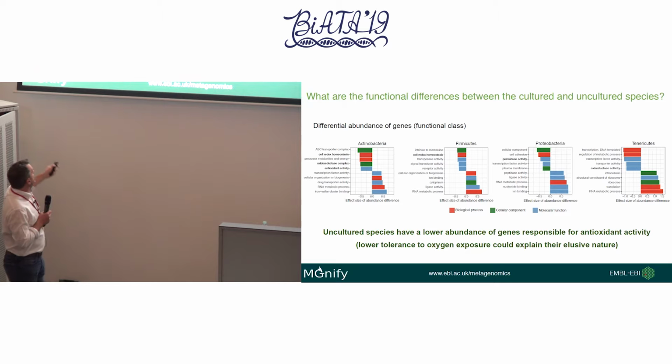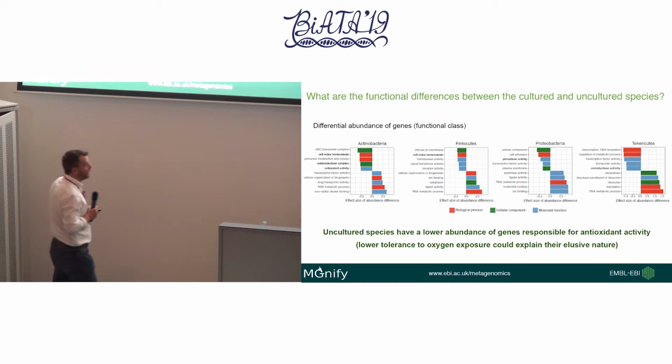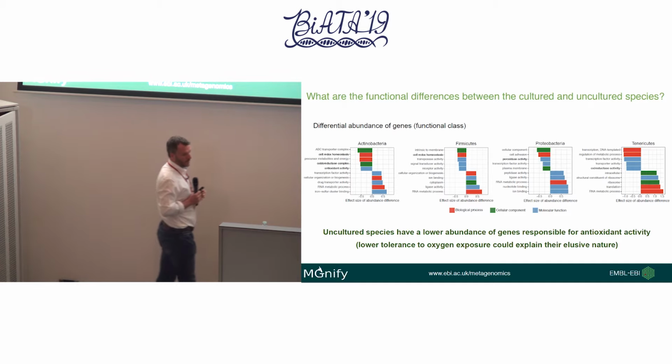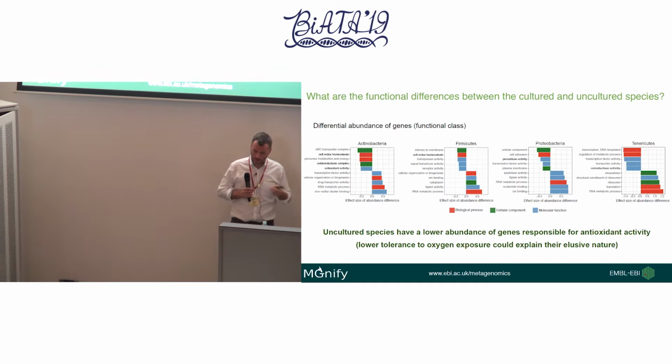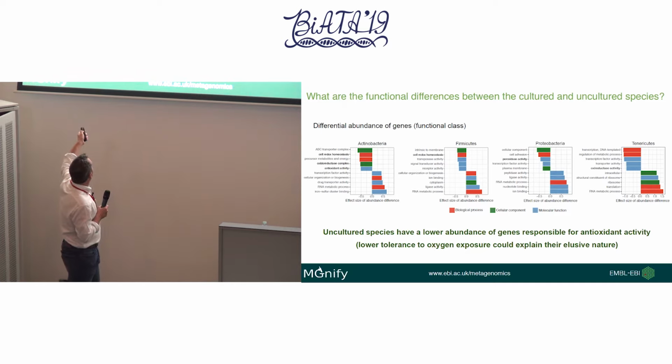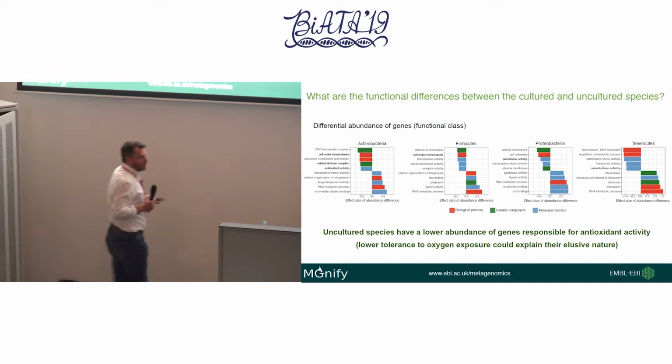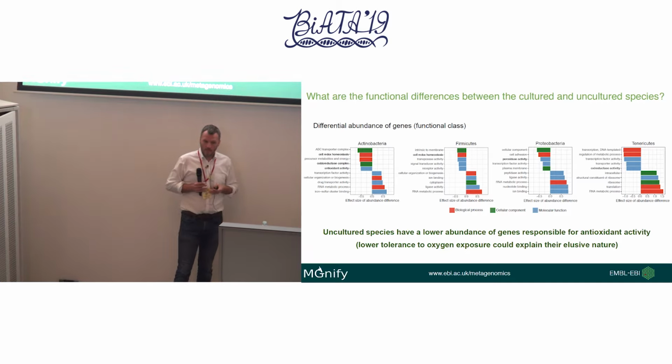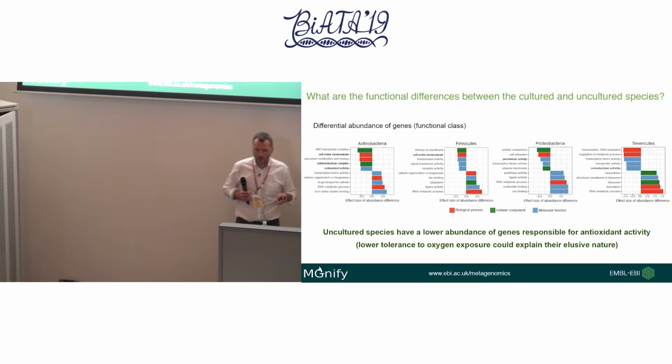Now hopefully you can see at the back, if we look across all 4 phyla, there is a common theme to some of those groups that are underabundant or less common in the MAGs. So these were all typically, if you look in bold, cell redox homeostasis, oxidoreductase complex, antioxidant activity. These are all things that deal with oxygen and the ability to actually tolerate that.